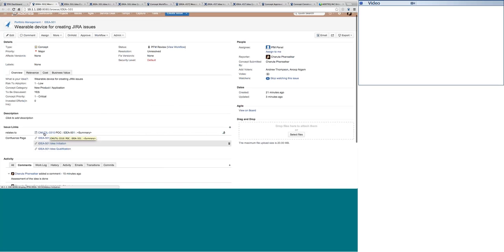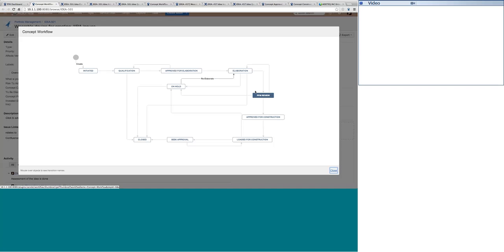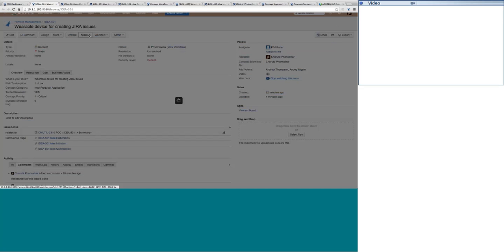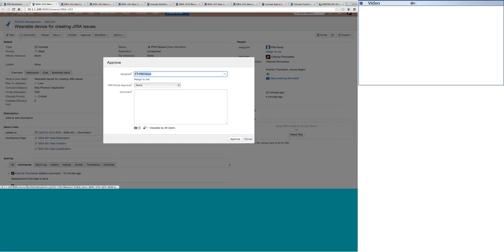Now let's say that our PSM panel says okay, we are approving the idea. So when we approve the idea, what happens? It goes into approved for construction. Of course, not every idea approved by the PSM panel can immediately start construction. The approved for construction phase is nothing but a bucket phase where we actually hold the idea for the right prioritization of the right time to start construction.